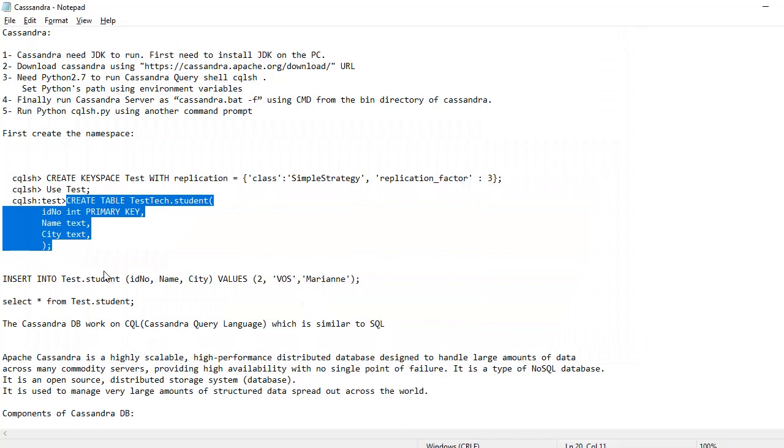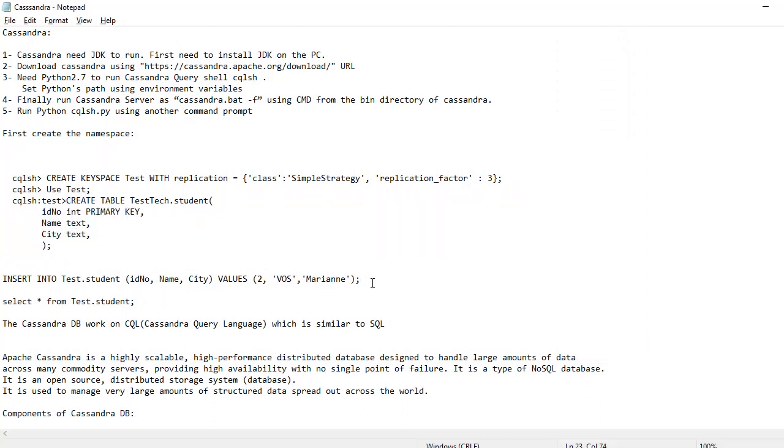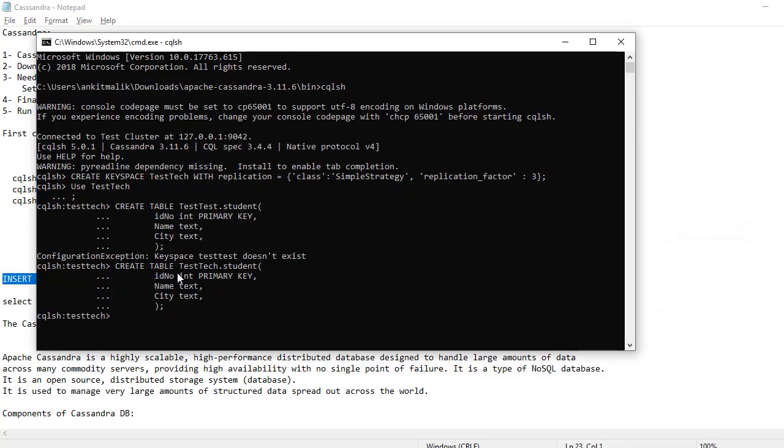Again, if we want to make sure that the table is created, we can insert some values through the insert command. We just have to run insert into keyspace.table and the values with the keys. This is the insert query.